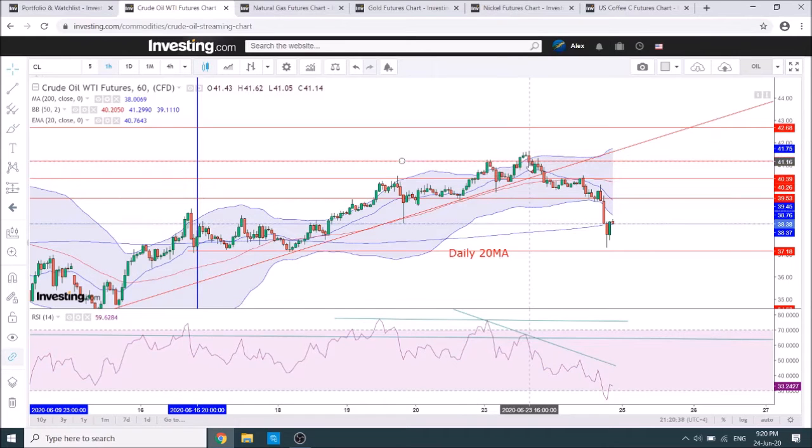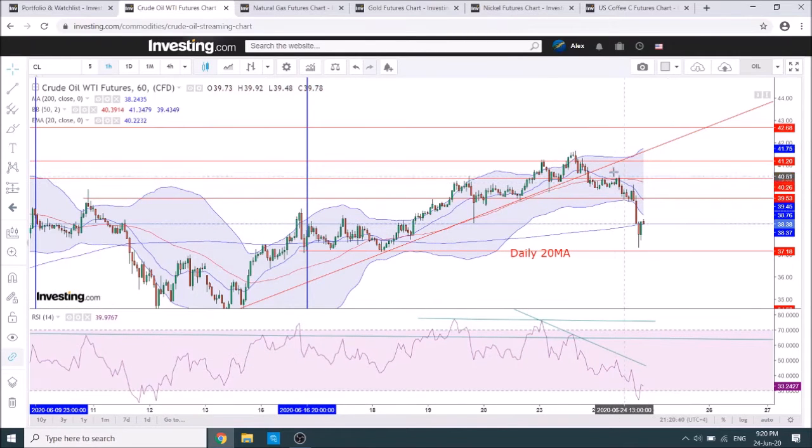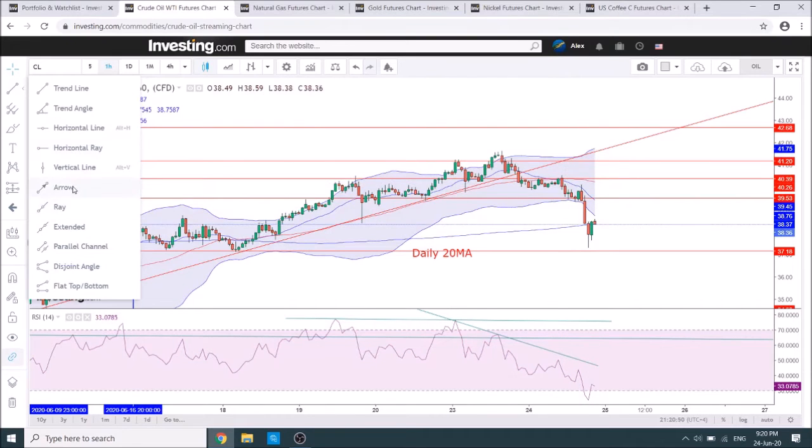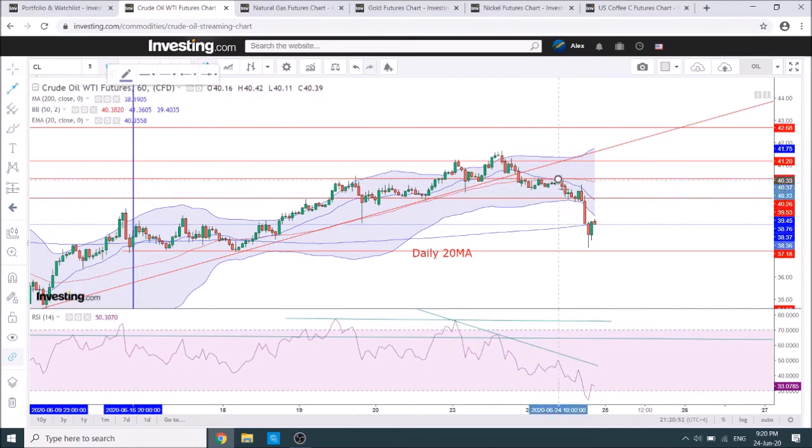That did work quite well, so that trend line, as expected, didn't offer any actual resistance and broke straight down, and then we got a little bit of stabilization for the next move that came today quite nicely from 40 to 37. So the figure I was trading in terms of getting an objective here was